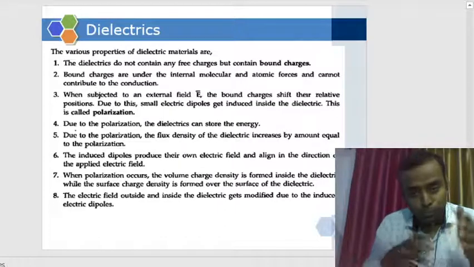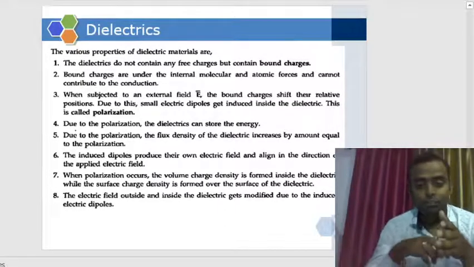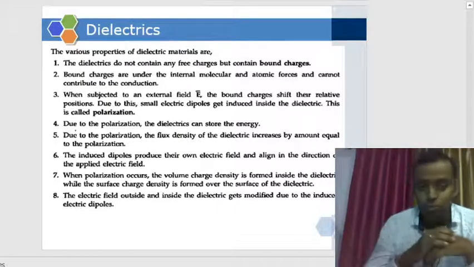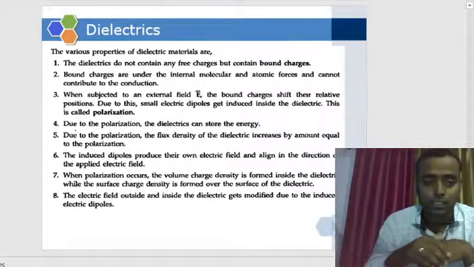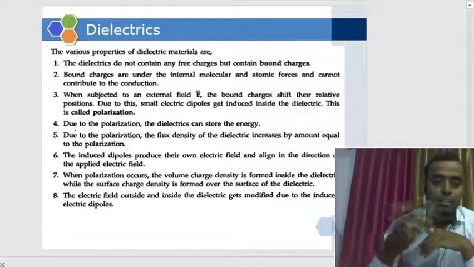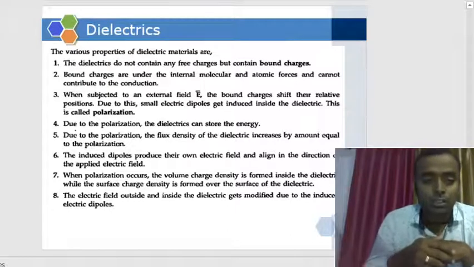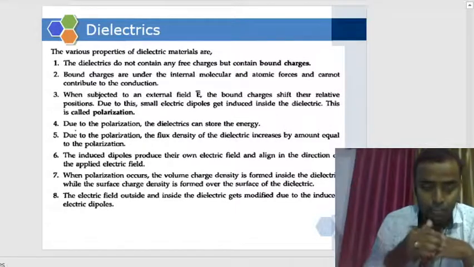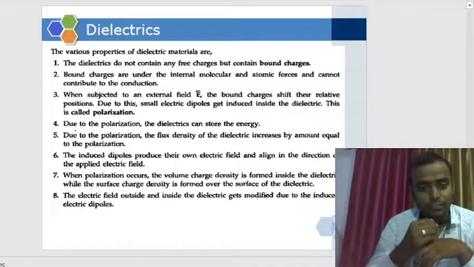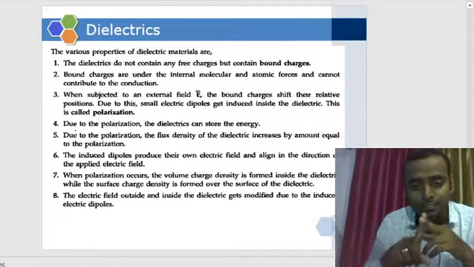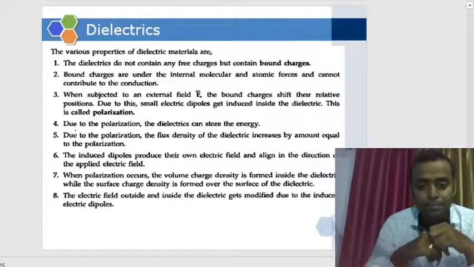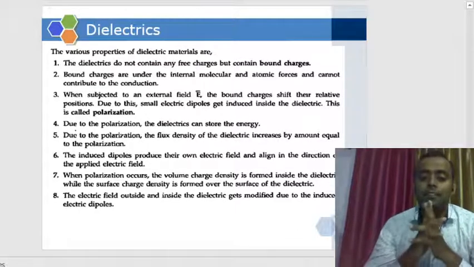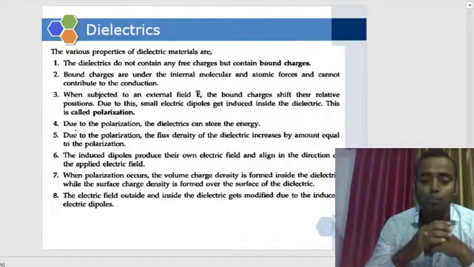So all those properties I have listed over here, so you can make a note of it. Just pause this video and make a note of it. Sometimes they ask to write the properties of conductors and dielectrics. What are some dielectric materials? Yes, of course, air is also a dielectric. Air, wax, cotton. I've given three names of dielectrics. Come up with new names, come up with new materials.